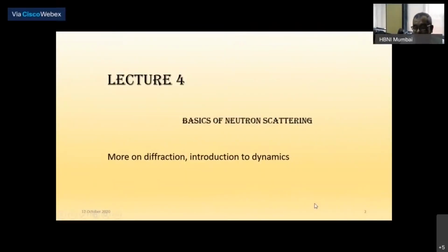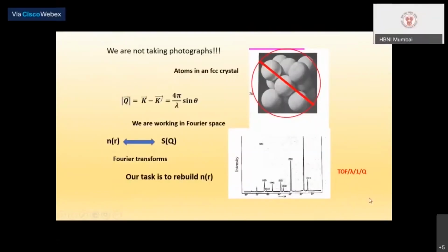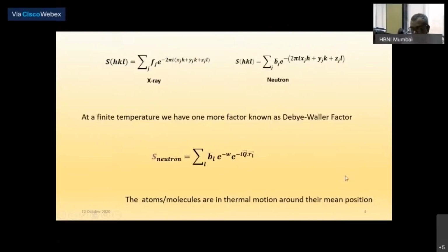So I'm sorry that there was some disturbance, and now I cannot use the blackboard that I was using to write. So later I will try to do it once again for you, but I will try to go slow on the transparency and hope that you will go and understand what I'm trying to say. I'll be slow. So we were discussing the Debye-Waller factor. Debye-Waller factor is coming from dynamics.